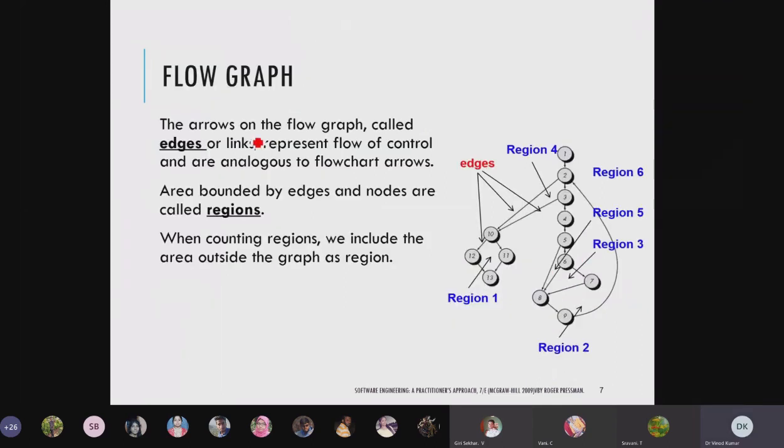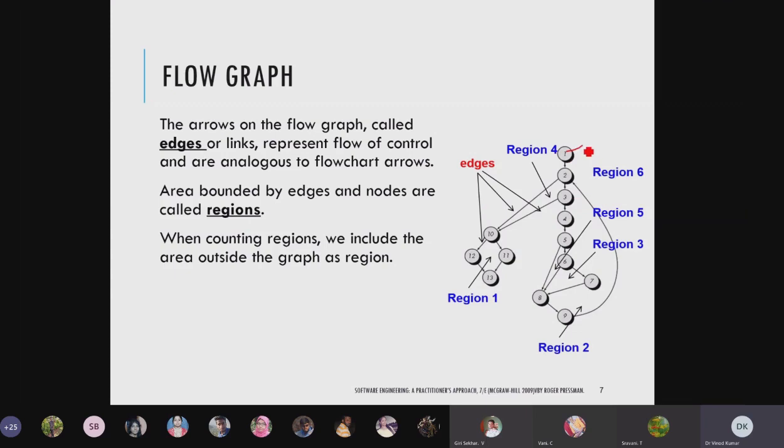Okay, next, these discussions are very important, so pay attention to what I am telling. So, the flow graph: you can see the graph with arrows here. Based on this understanding, we will perform some calculation in the next exercise, that is, the cyclomatic complexity of the algorithm or method. You can see here we have the edges, the regions, and the nodes.